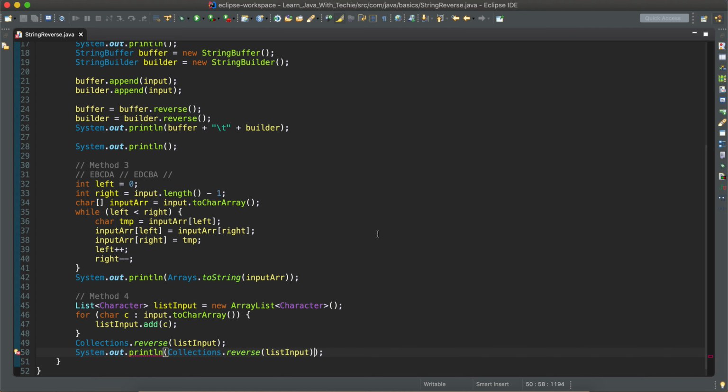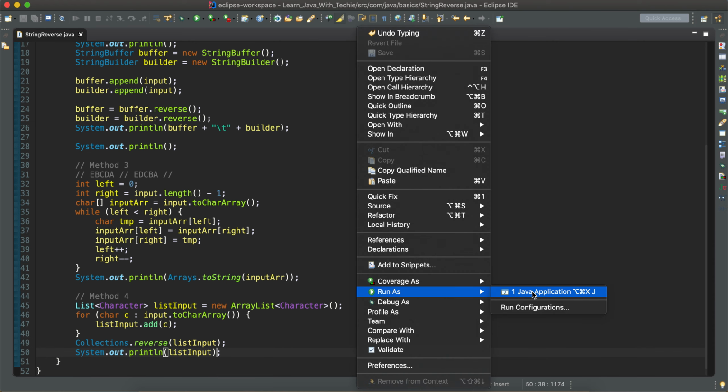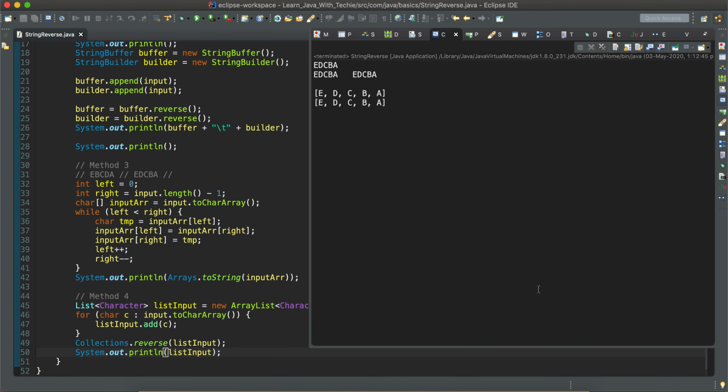Yeah, it has reversed the provided input list.